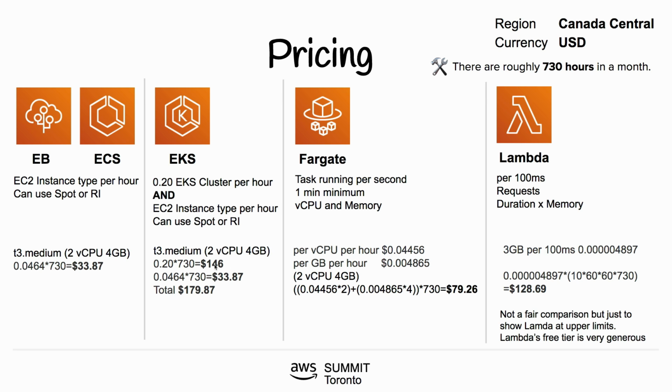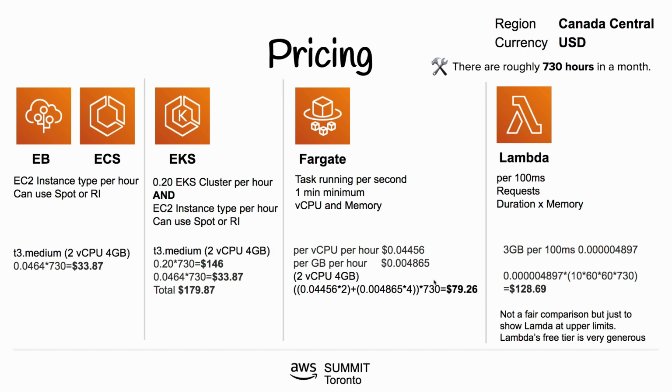Then you have Fargate. With Fargate, tasks can run per second, but it's going to round up to at least the 1 minute minimum. And then beyond there, I think it's in seconds. And you're charged based on two metrics: the CPU and memory. Your CPU and memory have different per-second costs there. And again, we're going to keep with that 2 CPU and 4 gigabytes of memory. And so going through the math here, running it for a month,